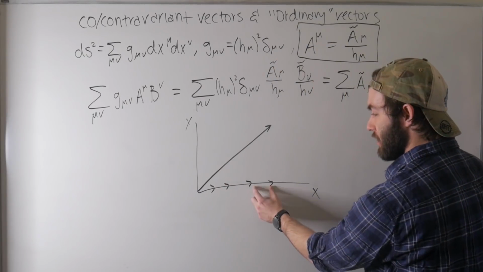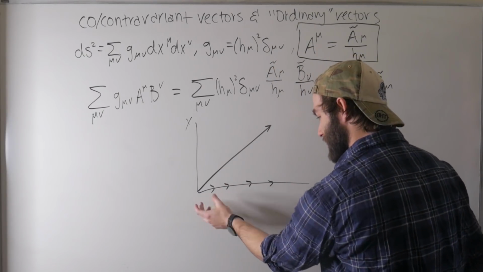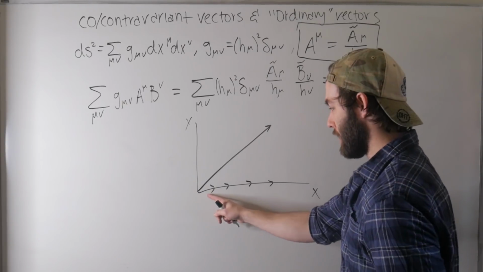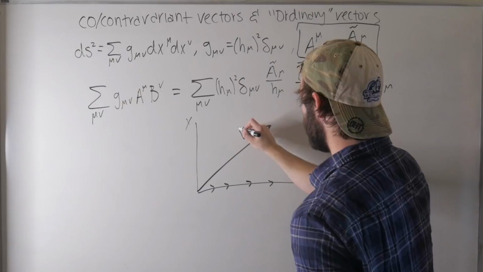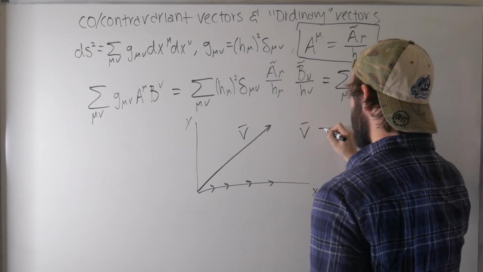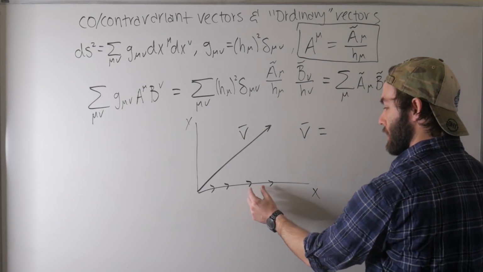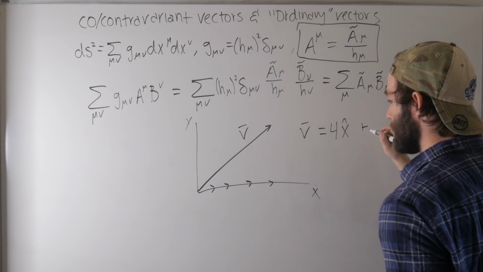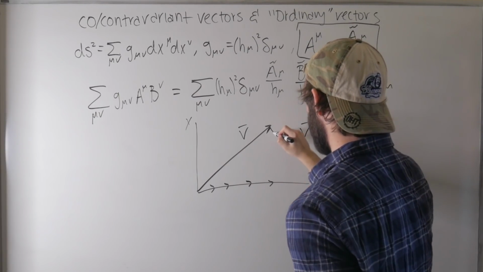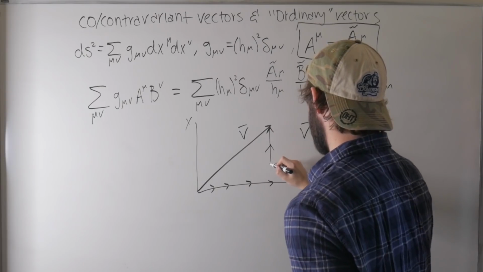So let's say that this is the length of our basis vector. It's not really constant, but picture that these are a constant length. So if we have some vector v, then v is going to equal 4 of these basis vectors in the x direction, so 4 x hat plus, 1, 2, maybe 3